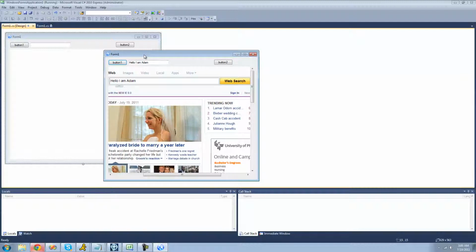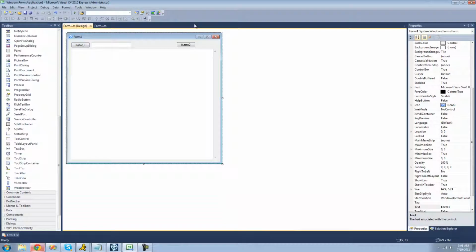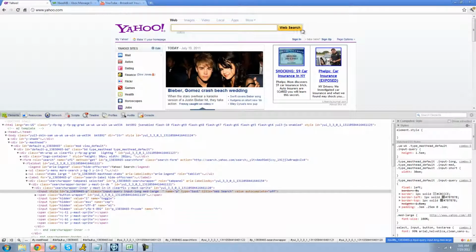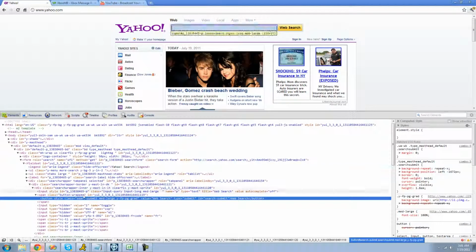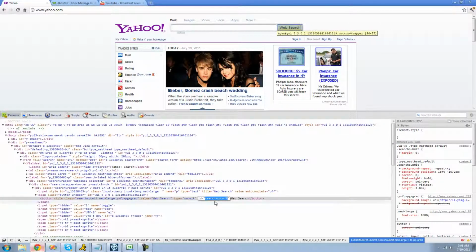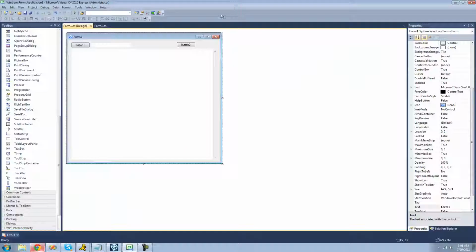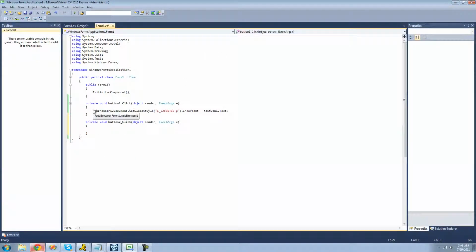Perfect. The next thing that we're going to have it do is click this button for us, so we don't have to click it. We just click this button and it'll click this button for us. So just like before, we're going to have to get the ID of the element. Right click on it, inspect the element, find the ID right here, let's search submit, double click on it, copy it, double click on this button, and then we're just going to do the document, get the element by ID. We're going to be getting the button, paste in the ID for it, and now right here we're going to